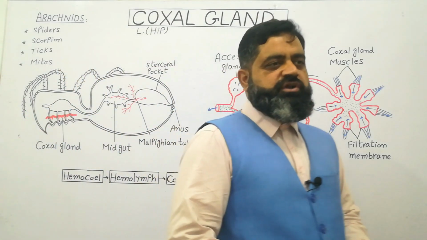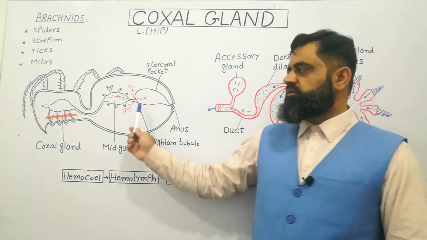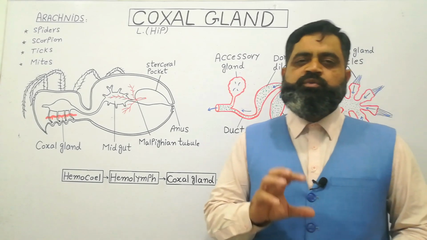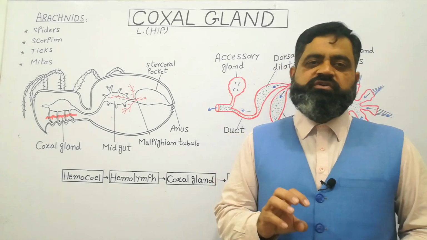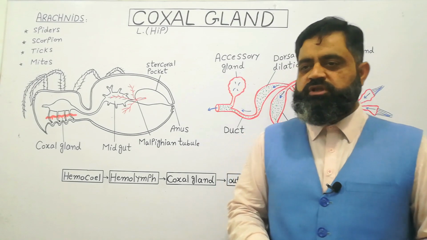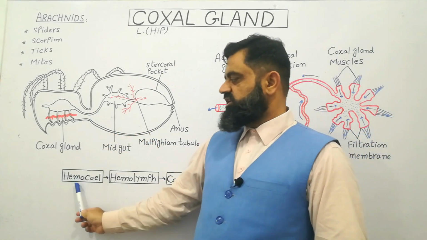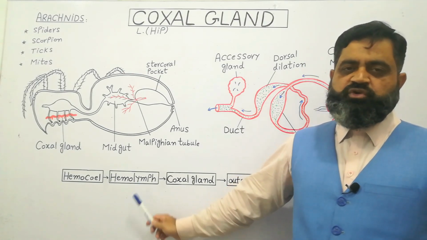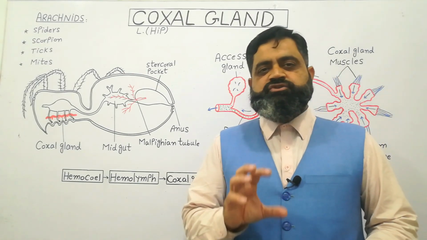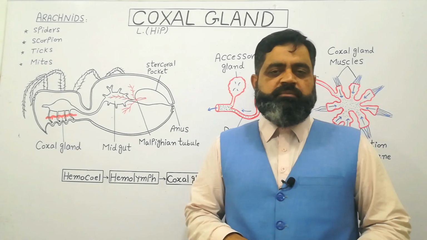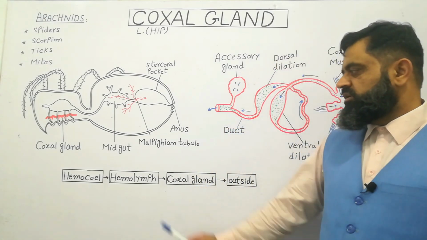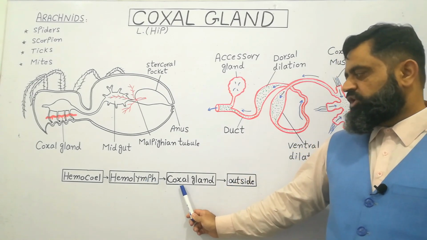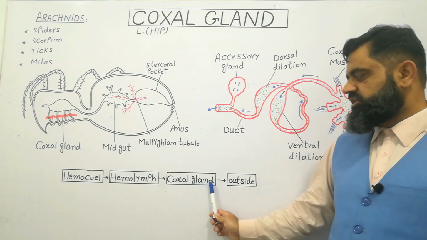I have made a summary for you. As you know, arachnids or insects have an open circulatory system. In an open circulatory system, blood, or hemolymph, flows into different sinuses of the body. Their body has different sinuses which are known as hemocoel. Hemocoel contains a blood-like fluid which is known as hemolymph, and hemolymph contains dissolved organic and metabolic wastes of the body. From hemolymph, metabolic wastes like uric acid are absorbed by the coxal gland and then excreted outside